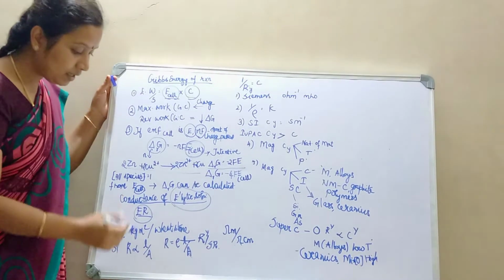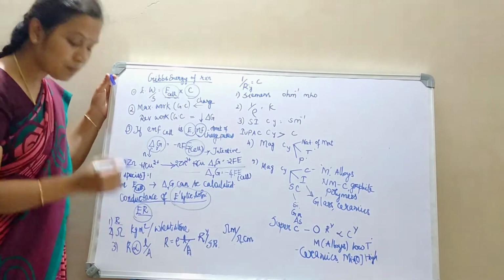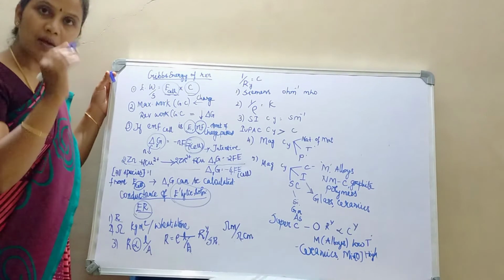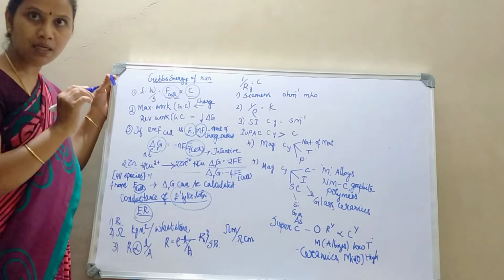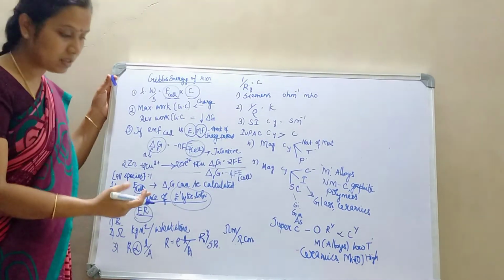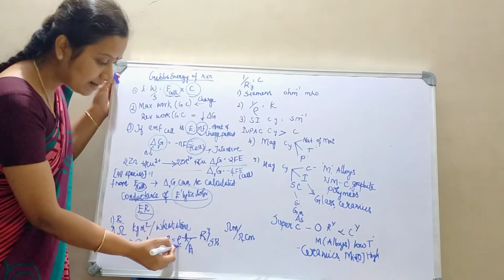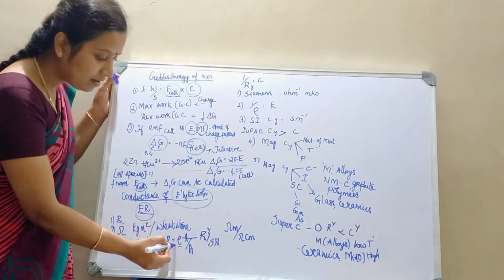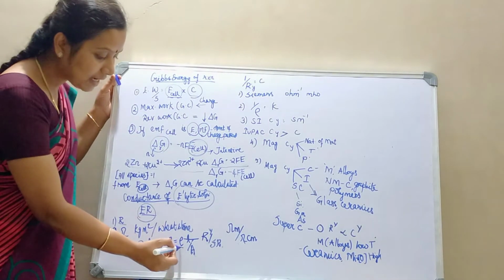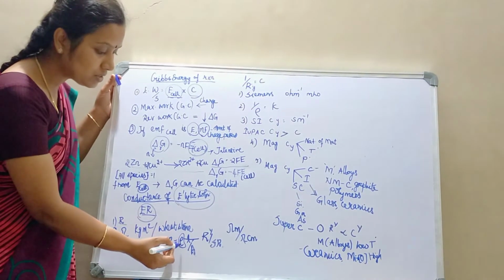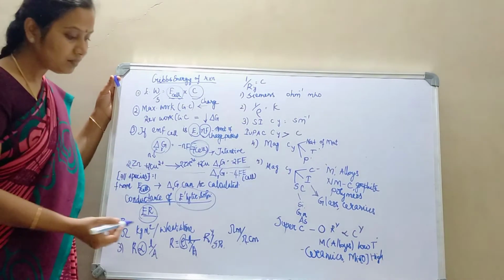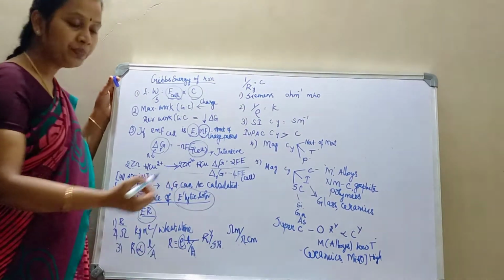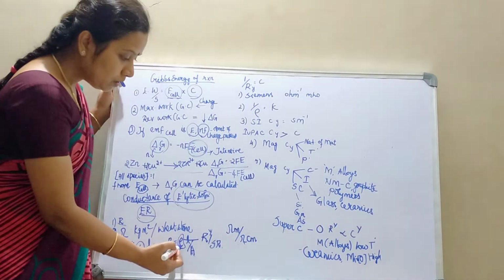We know already, if I remove this proportionality sign and put an equal to symbol, then I will be introducing a constant. So what constant is added here? I have removed the proportionality sign, added an equal to sign, plus I have added a constant. This constant is called rho.